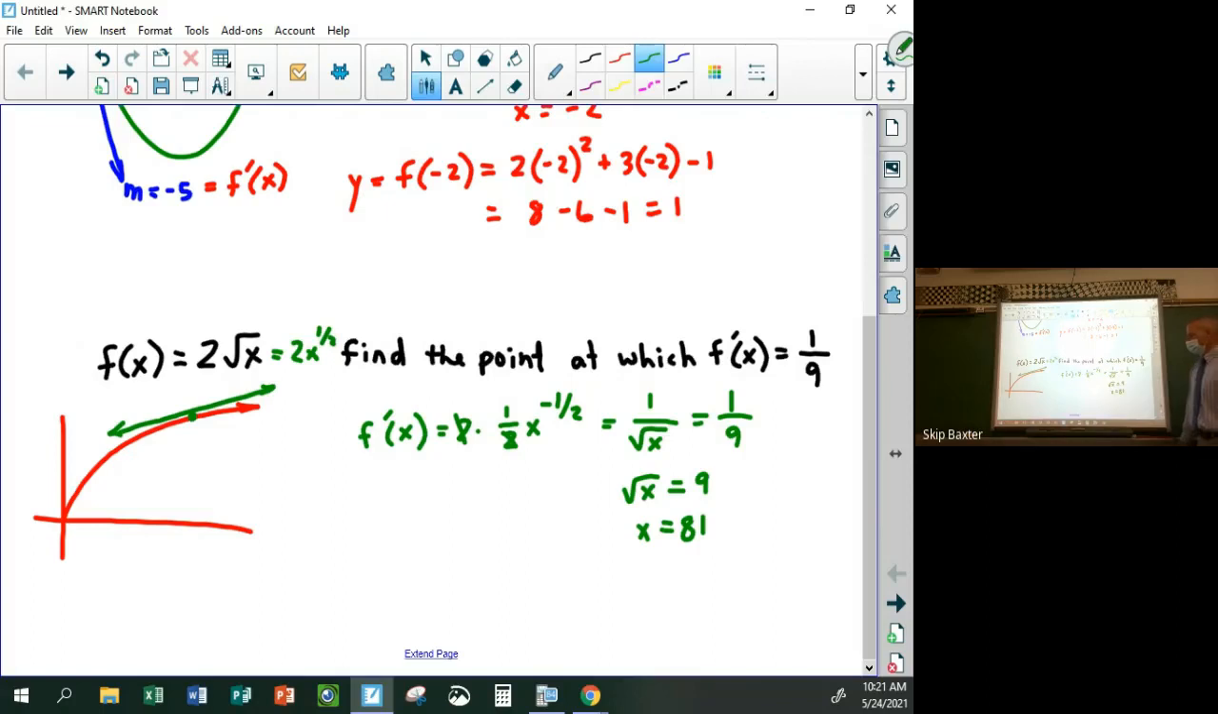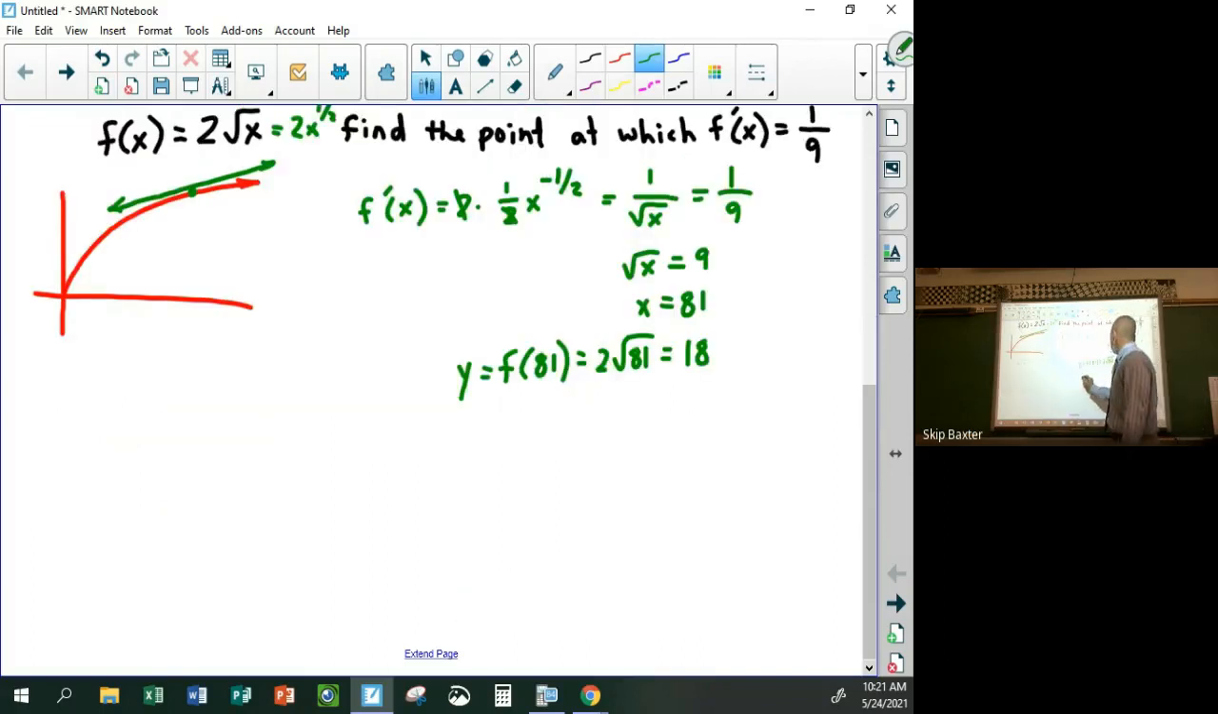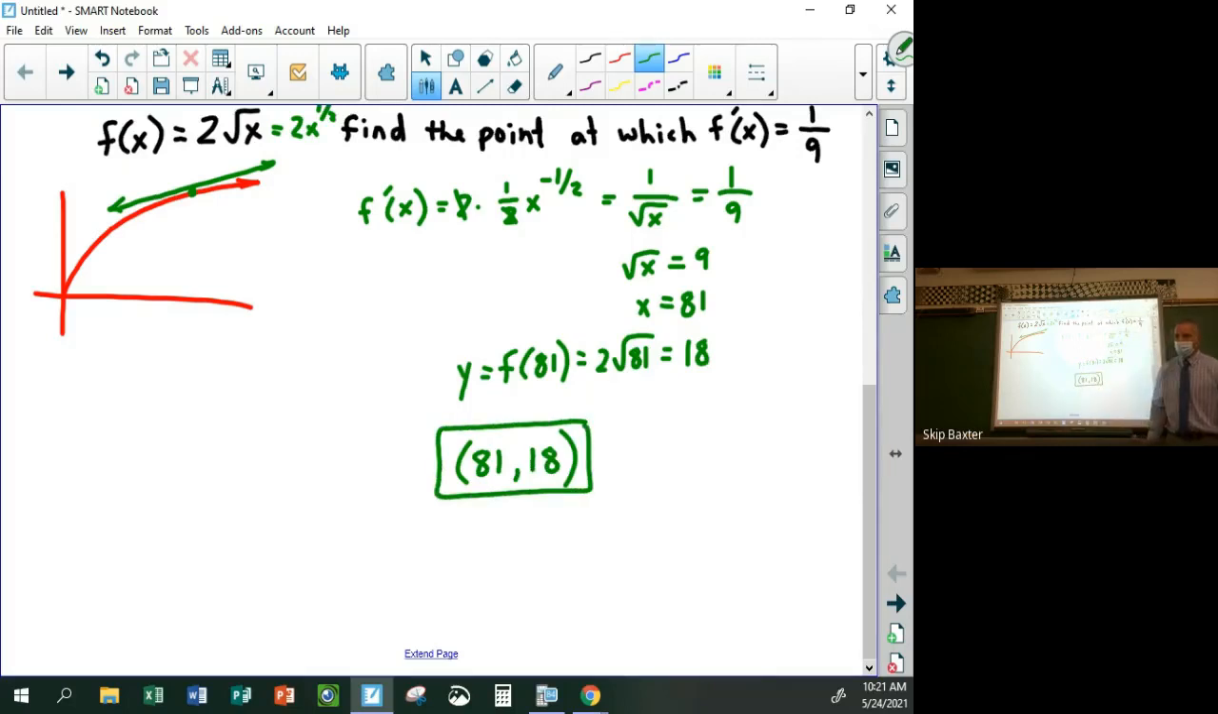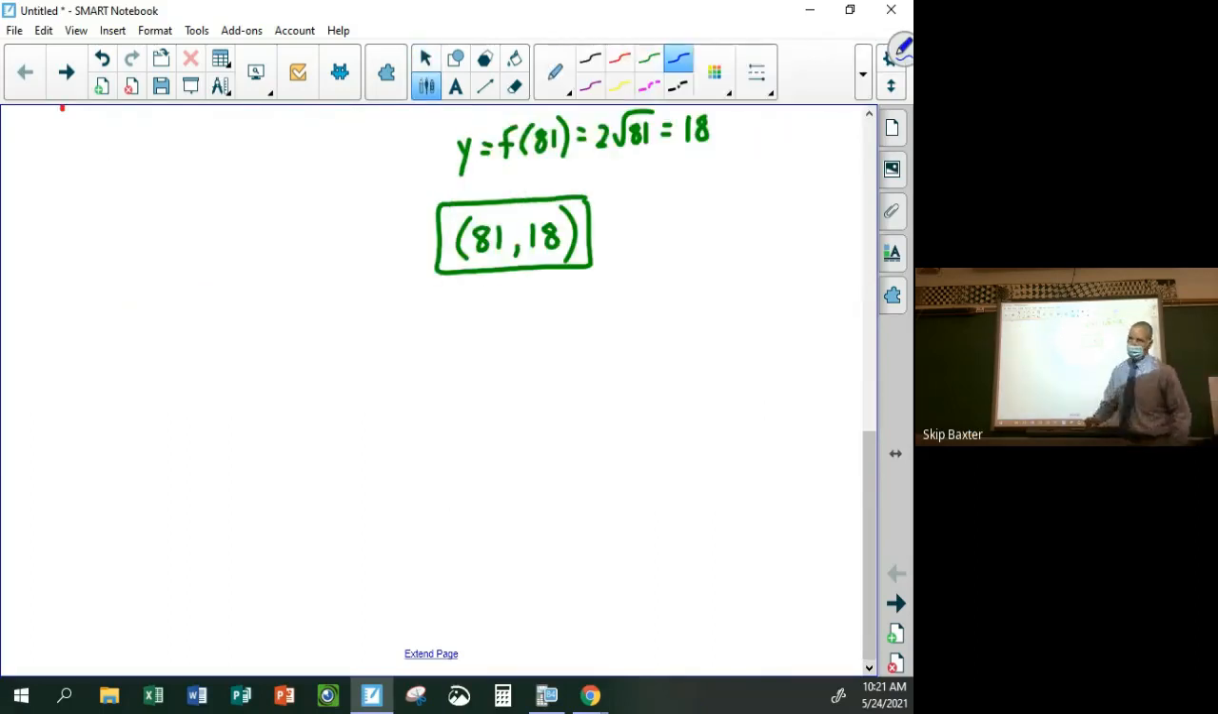Okay. So the y value would be f of 81, which is 2 radical 81, or 2 times 9, which is 18. So the answer would be 81, 18. That's not too bad, right? Yep. Now, sometimes you might get more than one answer, though. Like, for example,